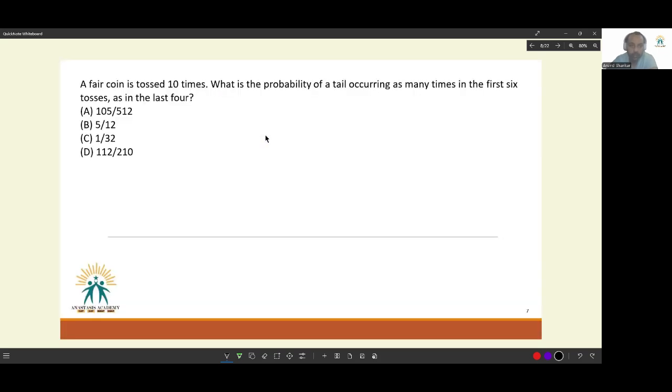Okay. Next, a fair coin is tossed 10 times. What is the probability of a tail occurring as many times in the first 6 tosses as in the last 4? Okay. So for the first 6, the last 4,